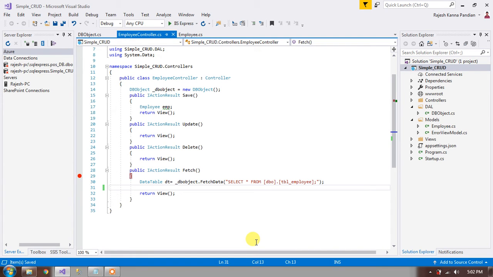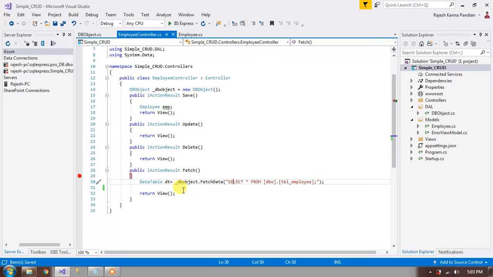In my previous video I showed you how to connect to the backend and fetch data into a table. In this video, let's see how to assign the table value to our class, like our employee. We have to assign the data from DT to the employee class. Now we have multiple records.